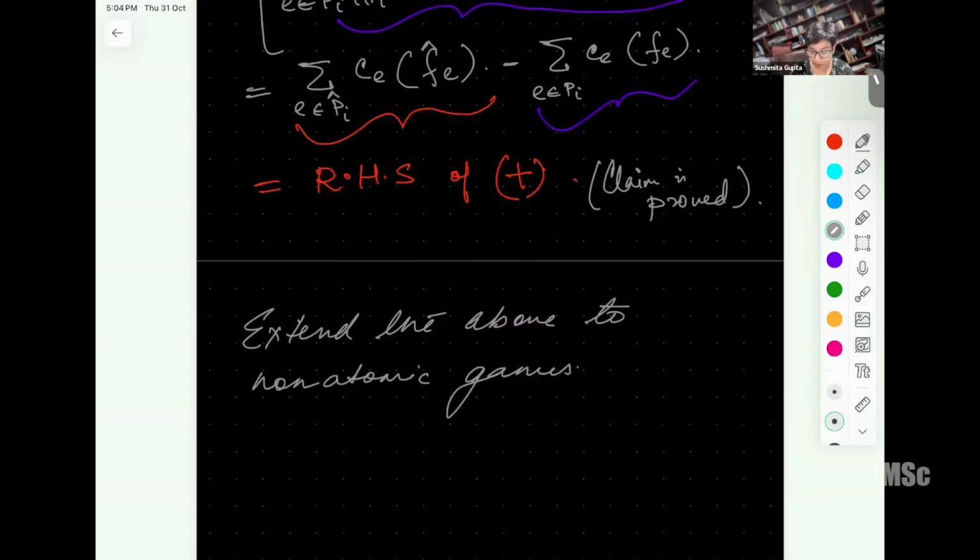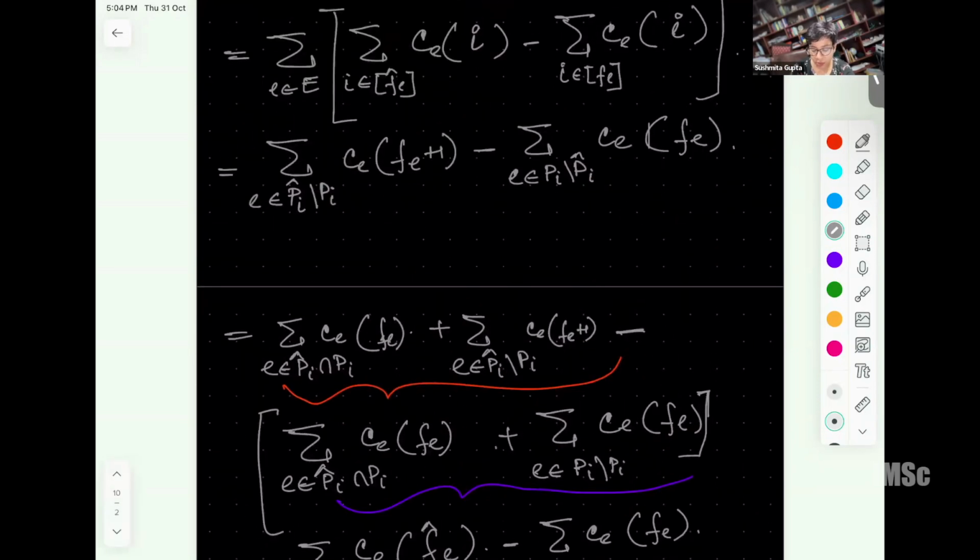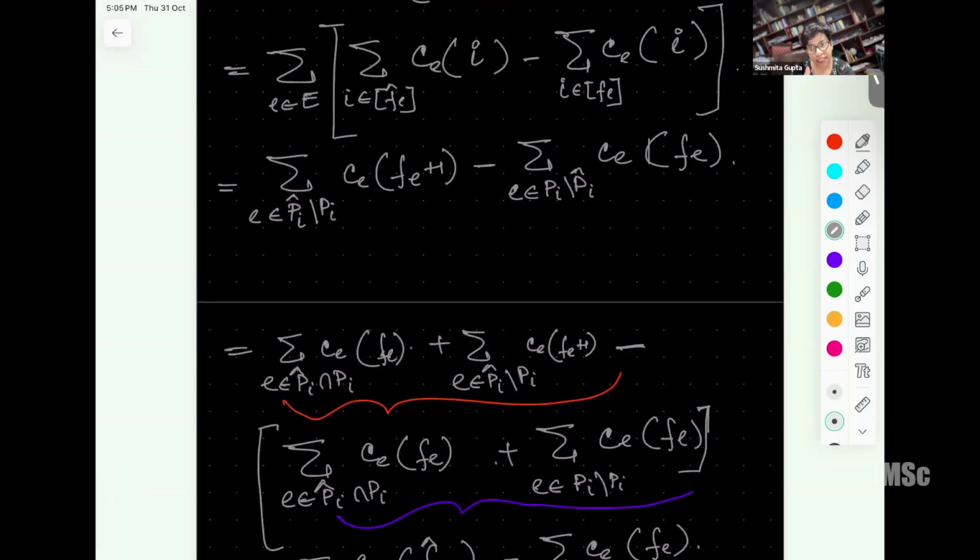And by this kind of analysis, notice something. I did not assume any property about the cost functions. CE could be anything. I did not assume it was non-decreasing, continuous, or any of this. Some terms just got cancelled simply because the same object appeared somewhere. We use none of the other properties of the cost function that we used in the POA proofs. So this analysis is actually very generic.